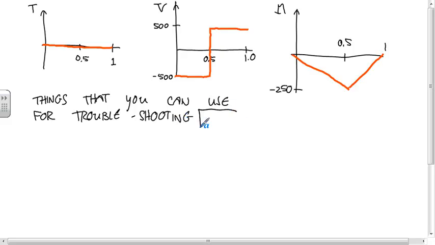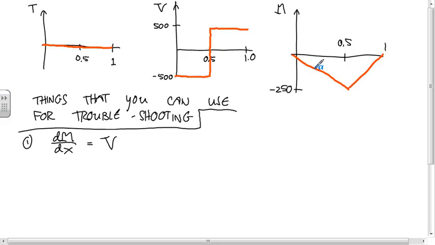After you're done, you can use these to make sure your answers make sense. The first one is the x derivative of the bending moment is always equal to the shear force at every point. There's one point where there's no derivative, but every point where you can